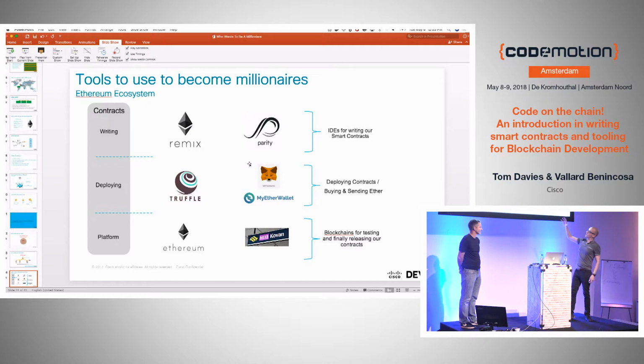There tends to be, you can either go command line, so you can just go completely down to Vim and Atom or whatever your text editor of choice is, or you can use things like Remix and Parity. Remix is an in-browser based IDE, effectively, for writing smart contracts, and that will also compile it for you and allow you to deploy it. And then we have things like Parity, which is an offline IDE, which is a bit more tricky to use, I would say, and you have to have connectivity to the outside world and connect to your blockchain. It's a bit more hands-on.